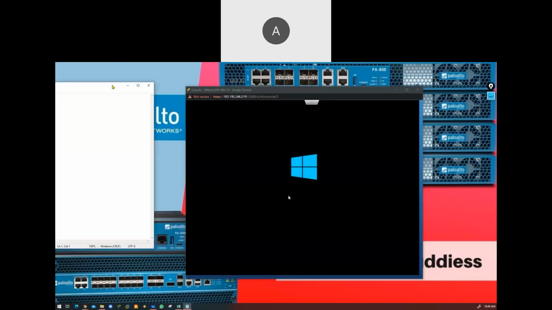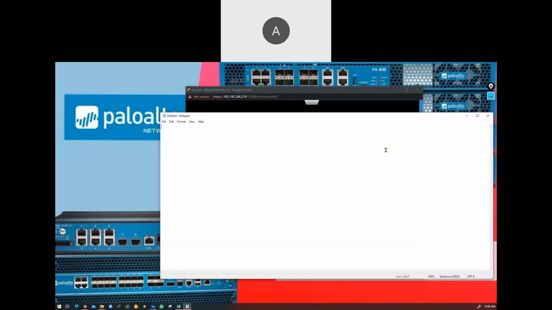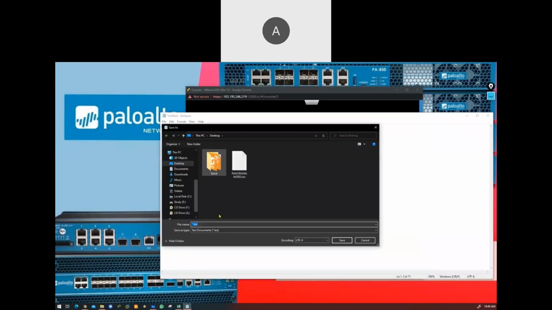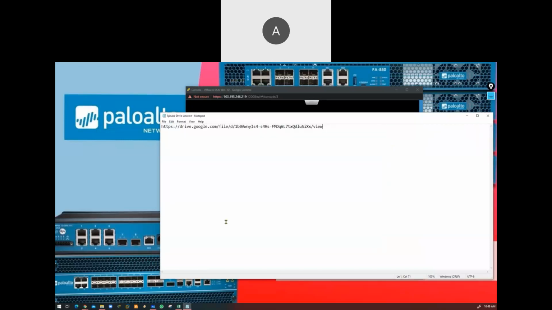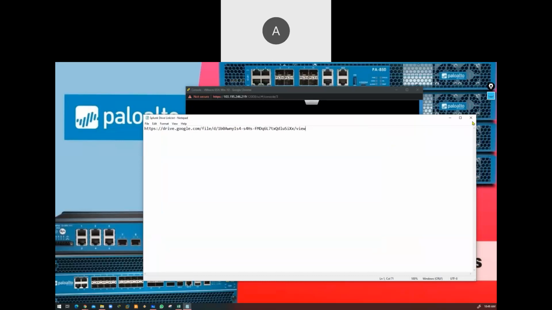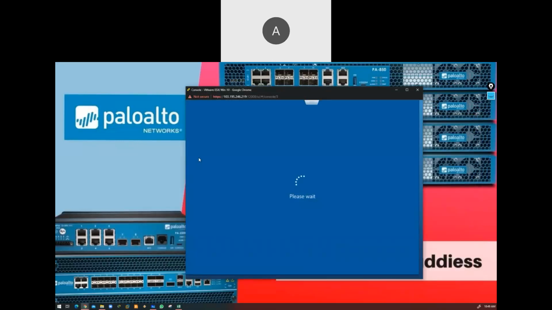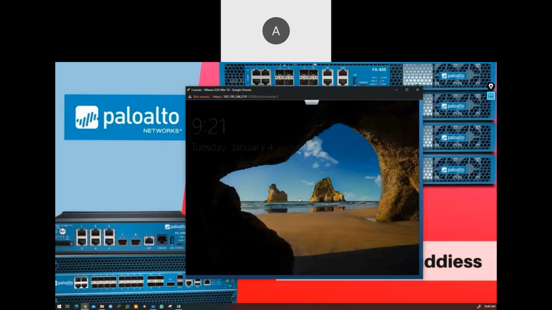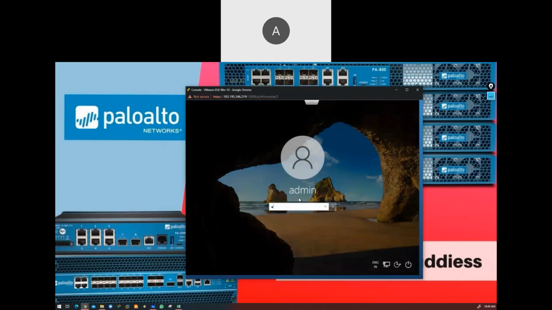Let's say this is my notepad file, and paste this link and save this notepad file on your desktop. So, Splunk drive link. Okay, this is my notepad file with this Splunk drive link. Close this notepad, and you can drag and drop this notepad file to your virtual machine. This is another way.